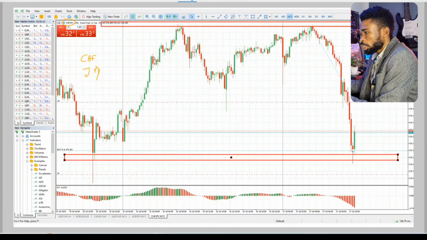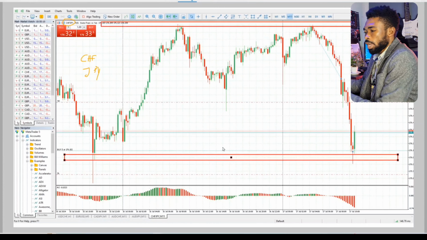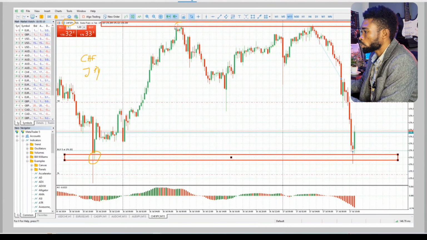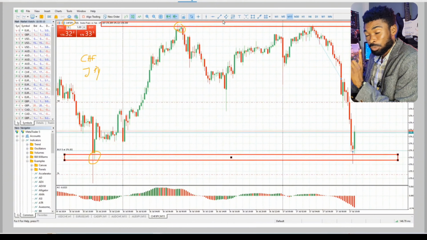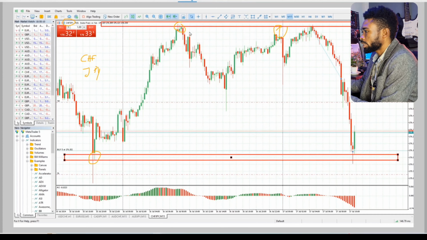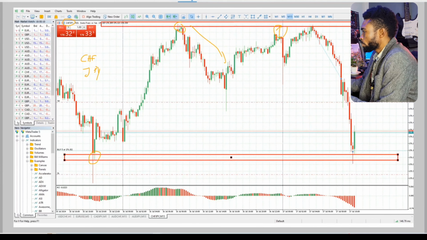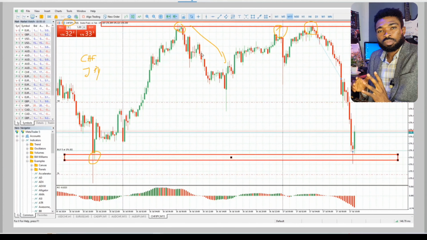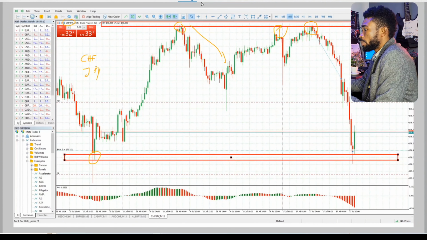See, when I opened the chart this morning, I realized that the market made a very nice support here and a nice support here. So I was actually anticipating that the market will come and hit here and give me another support. Market did not come. But when the market came to this zone, I realized that this is a supply zone because there was a big crash here at this zone. So I decided to place my sell limit order here because I know the market is ready to be in the ranging mode. So I placed my sell limit